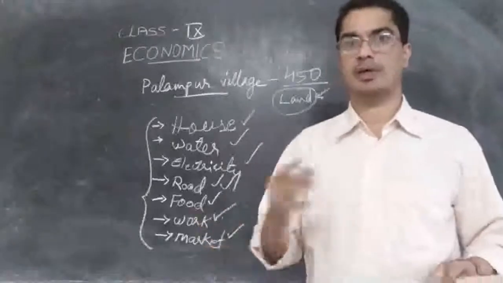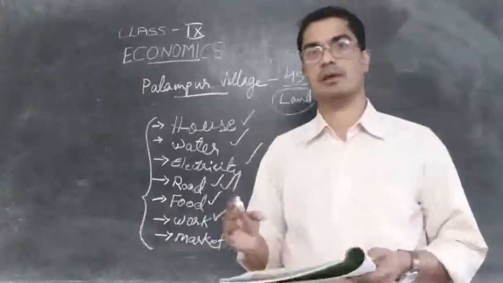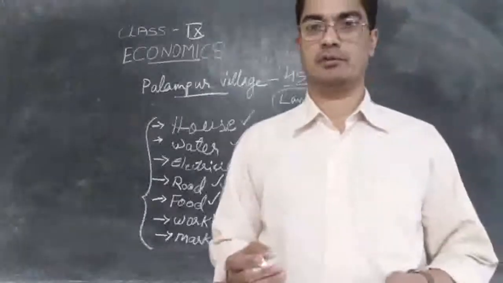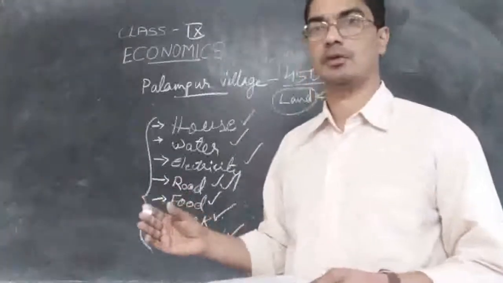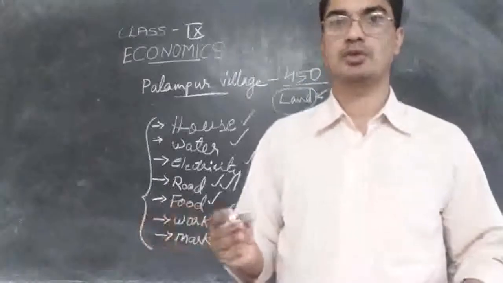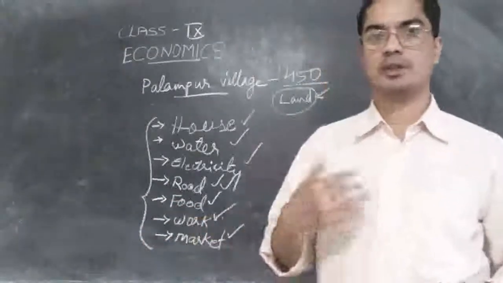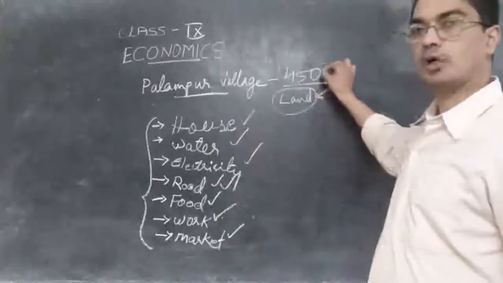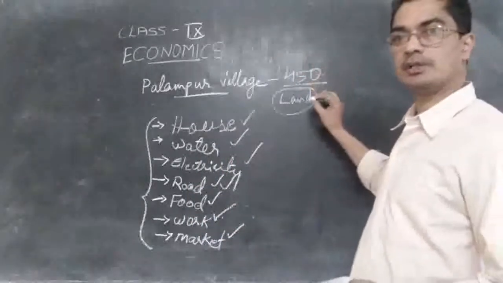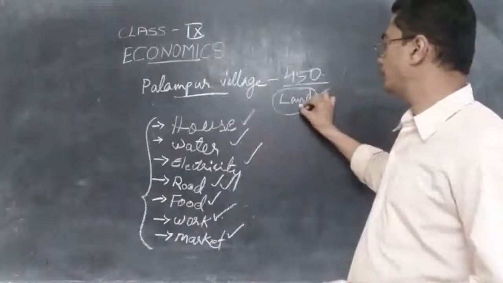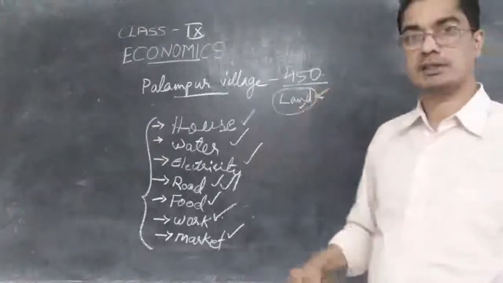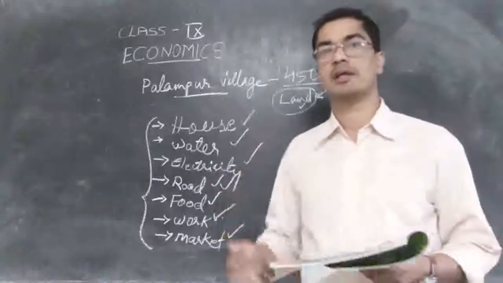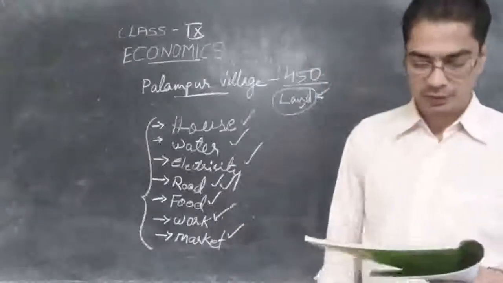Some may say, give me money, this much money. Or some will say, give me this much grain, food grain. If you get 10 sacks of rice, give me 2 sacks or give me 3 sacks. So whatever it may be, that is the agreement they will make. That way people who don't have the land are also able to make use of the land of others and do the cultivation. So that is how people in that Palampur village are living together.